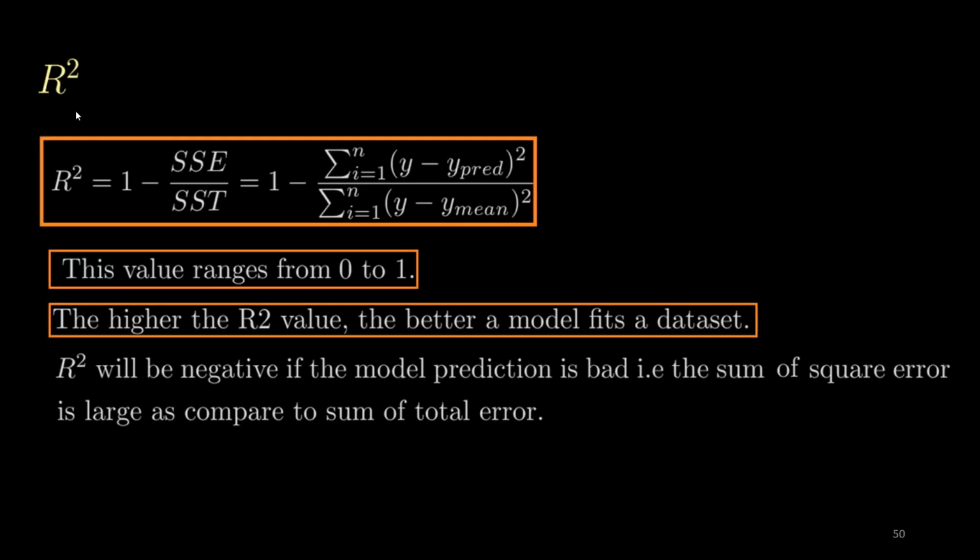The next value is R square value. Now, R square is not an error. It is a metric which tells us how much linear relationship there is between the independent variable and the dependent variable. So we know that the definition of regression, or especially linear regression, is to establish the linear relationship between the X, that is the feature, and the Y, that is the target. So in that case, R square will tell us how good the linear relationship developed by a model is